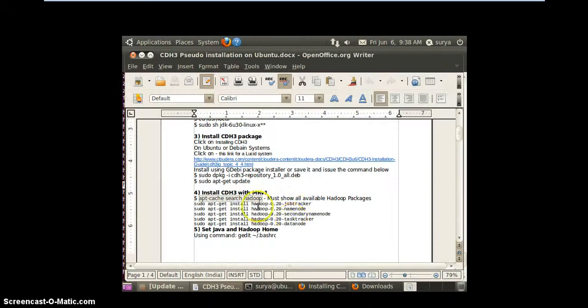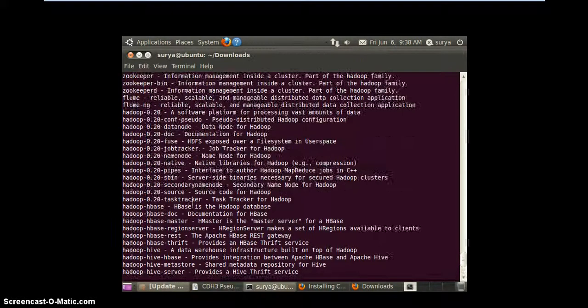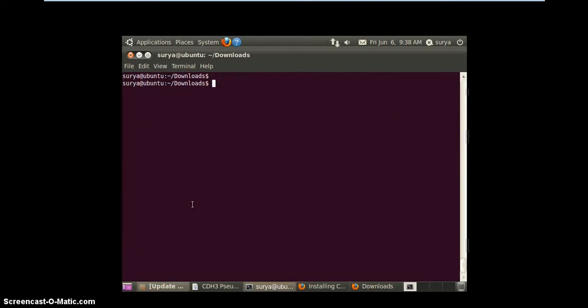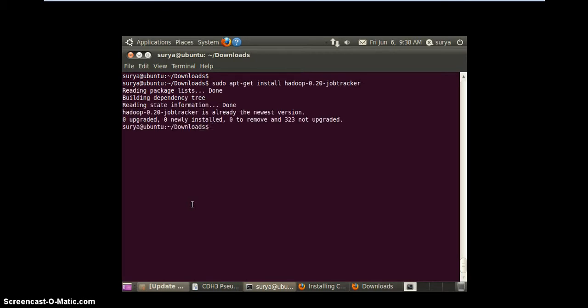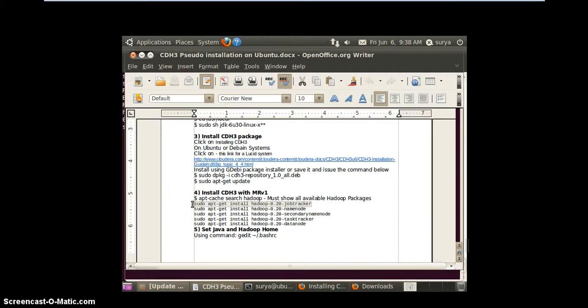So I have to install all the things one by one using something like sudo apt-get install hadoop-0.20-jobtracker. I'm just executing this. This would install my job tracker. This again will take some time depending upon your network bandwidth.